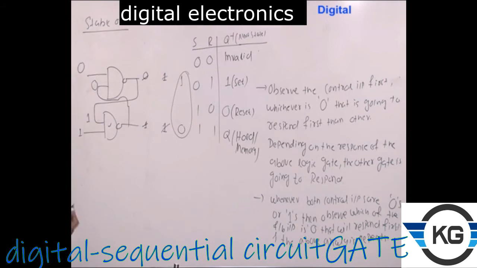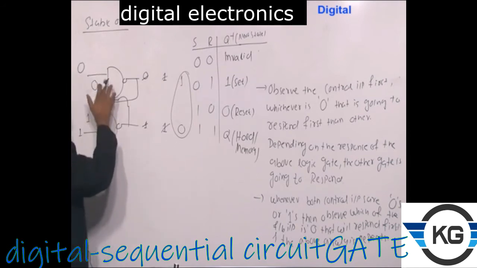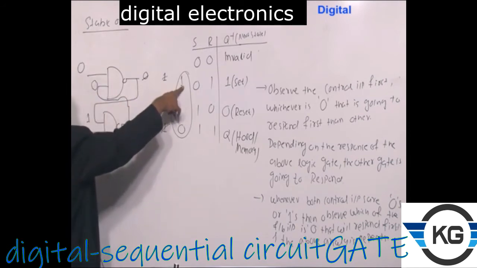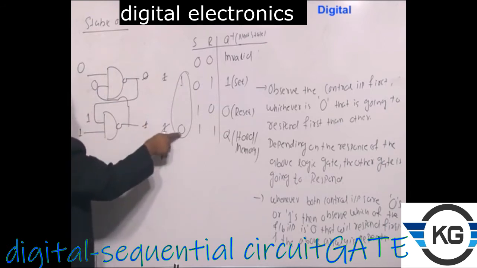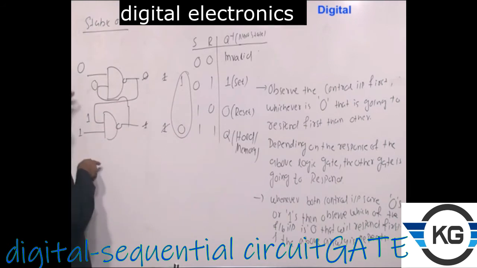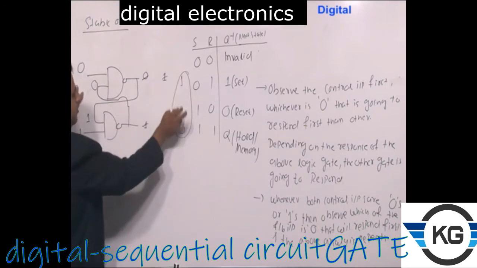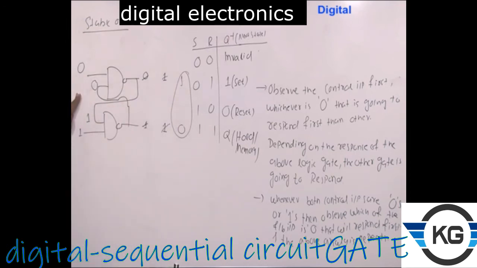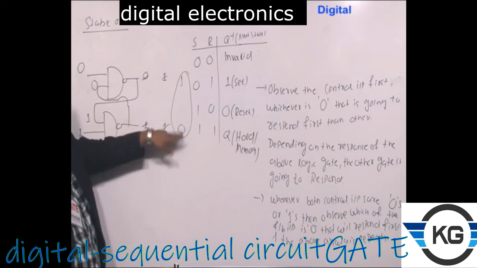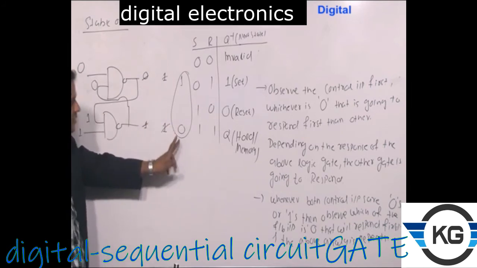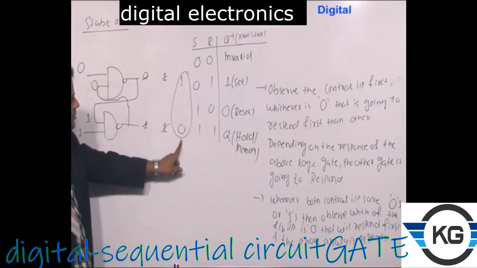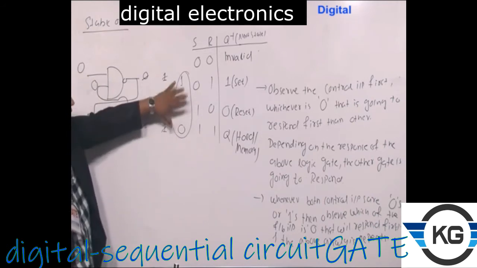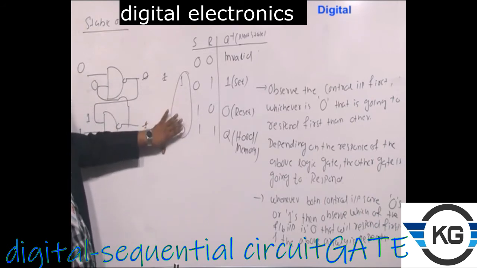After this, if I do the analysis, what will happen? Now both of the inputs are 0, 0, so this becomes constantly 1. When both are 1, 1, it becomes constantly 0. It means that as long as you have connected the power supply to this particular latch circuit, it is constantly going to maintain this as 1 and 0 forever. As long as the power supply is connected, it is going to maintain this as 1 and 0. This is what we mean by the stable output, right? Stable output, which is not going to change. That is the meaning of stable output.